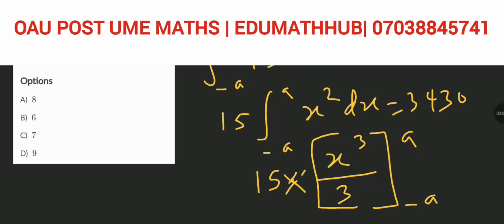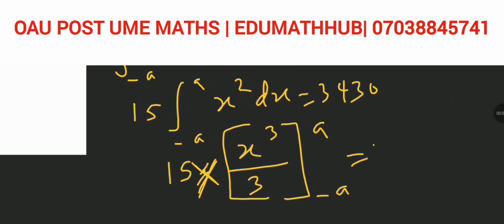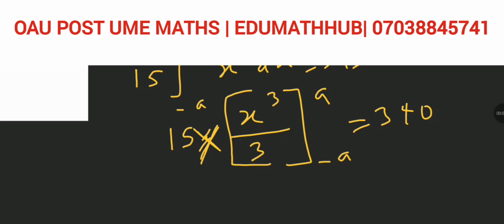At the outer part, 15 will be there. Then everything here will be equal to 3430. Then to conclude it, slot in the values of a into x here. Then after that, do the same for the negative, the lower limit too, because you have two limits. So if you put in a into x to the power 3, that will give you,